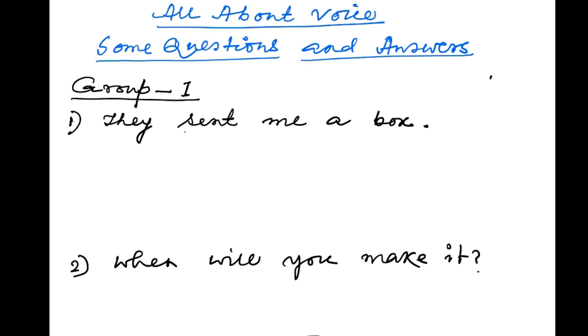This is a sentence of the past indefinite tense. So this is the verb, and a box and me, these are the 2 objects. This is the first object and this is the second object. So this is a sentence of the past indefinite tense with 2 objects. We'll change the voice of this verb. Number 1, I will take this object first. So this one will be I. That is past indefinite tense, so it will be was. I was